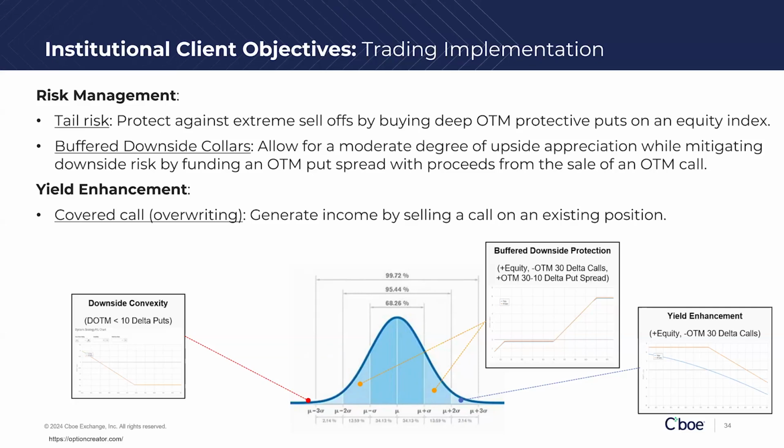So in this case, what you're doing is giving up upside in excess of 1.5 standard deviations to fund protection for downside moves in excess of 2 standard deviations. You're giving up extremely unlikely scenarios to the upside to be able to protect yourself from bizarre downside moves in the S&P. What you're hoping for is that the S&P trades between current levels and 2 standard deviations to either the upside or downside.